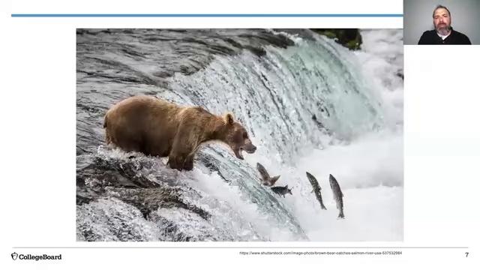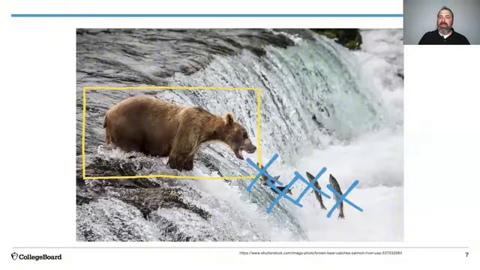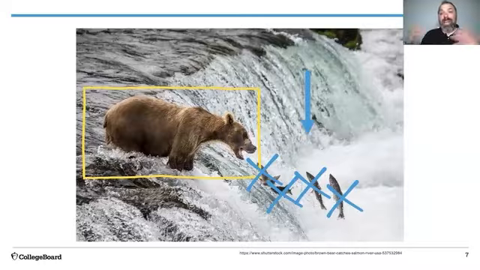So let's look at an example. So we've got a bear here feeding on some fish. Times are good, but something happens. So there's our bear. Something happens, and our fish population declines. There's no fish for the bear to eat. There's less energy.